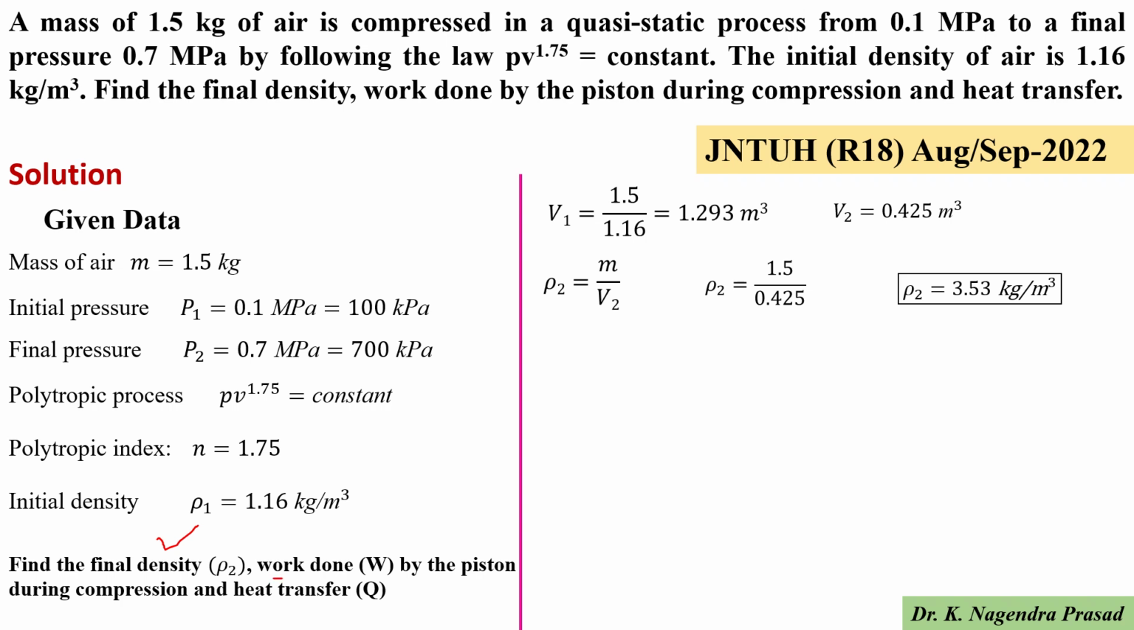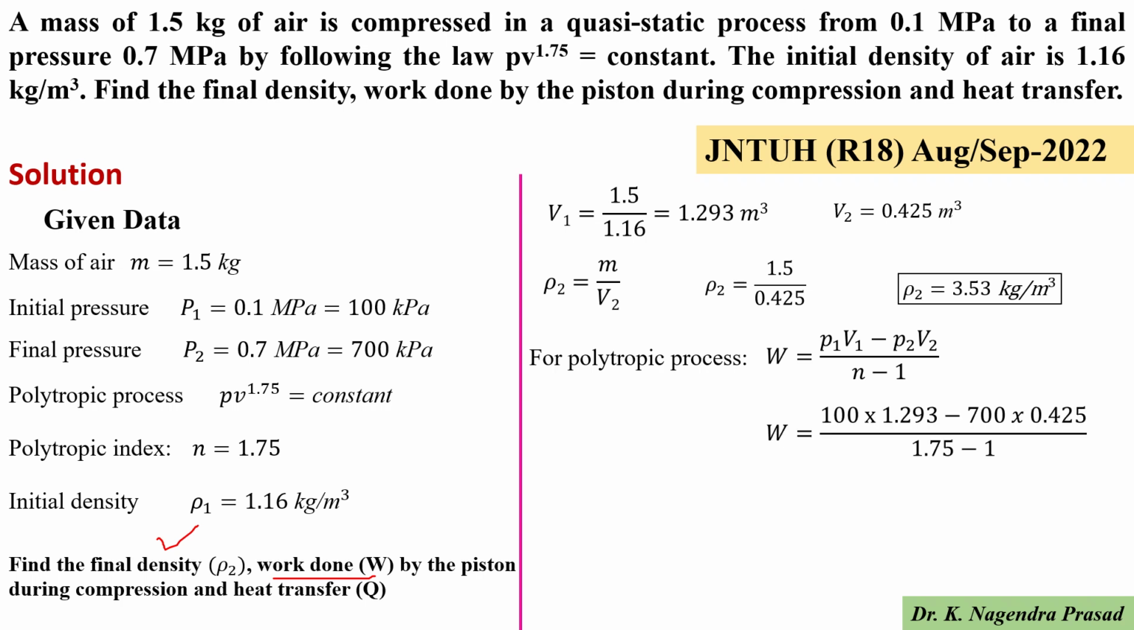Next we have to determine the work done W. In the polytropic process, work done W equal to P1 V1 minus P2 V2 divided by n minus 1. P1 we know is 100, V1 we know is 1.293, P2 we know is 700, and V2 value is 0.425, and the n value is 1.75. Substitute all the values, so we will get W equal to 100 into 1.293 minus 700 into 0.425 divided by 1.75 minus 1,